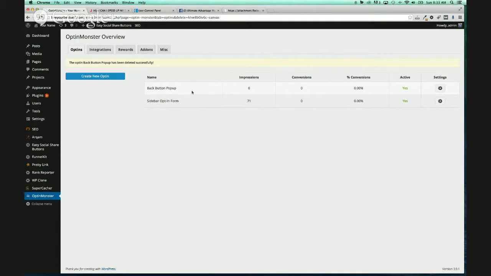So I just wanted to change the headline. What this plugin can do is actually serve the two different versions to the people, so it'll be 50-50, and it's going to tell you which one converts the best. So if I go here, I can go create a split test,